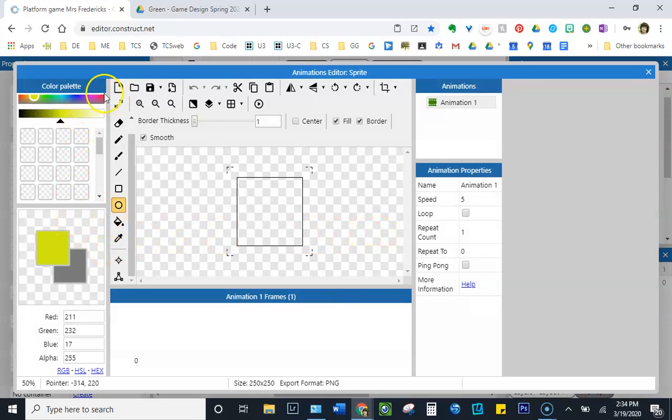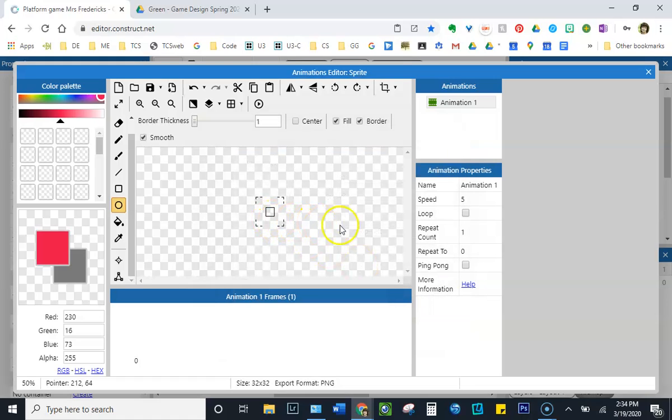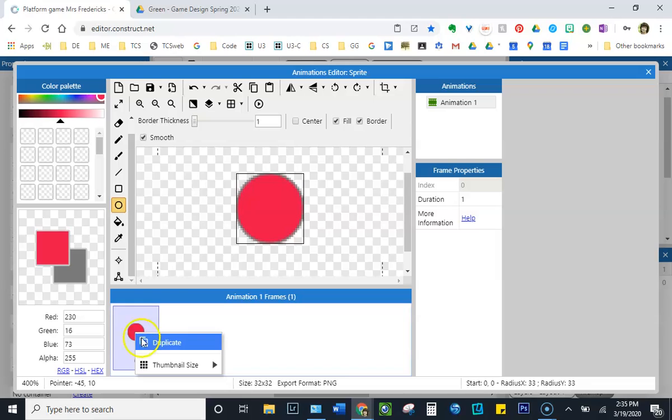and I'm going to change the color of this one. This one is going to be a special coin, so I'm going to resize it, and again it's going to be 32 by 32. Circle, click in the upper left, hold your mouse button down and drag it. Now this special coin is going to blink. This coin, instead of giving points, is going to give health. So I'm going to right click, I'm going to duplicate it,